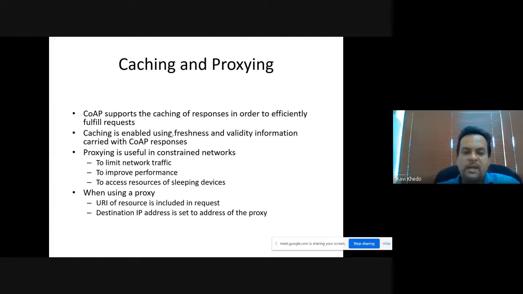Freshness is how recent the sensor value is. If it is recent, you don't need to connect to the sensor to get the value. You transmit the value that you have. But if it is not recent, then we can't transmit this information. We need to connect to the sensor and request a new value. So proxying is useful in constrained environments. Why proxying, or even caching, is important: